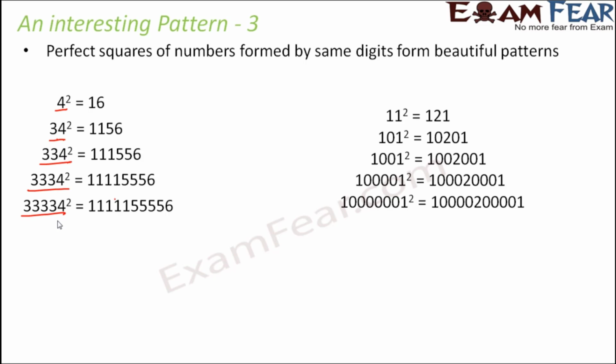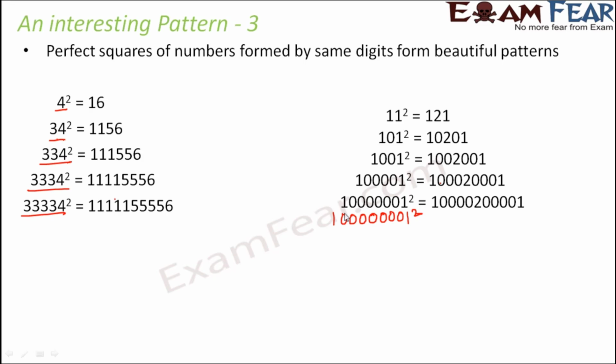Let's look at one more pattern here. 11 squared is 121, then 101 squared is 10201, 1001 squared is 1002001. So you see, as the number of zeros between the two ones increases on the left hand side, the number of zeros on the right hand side also increases, and these are real values. It's amazing to see that these are real calculations, and with numbers you have such beautiful things existing. Now looking at this, if I ask you what would be the square of this number,